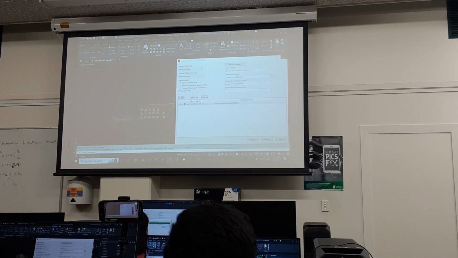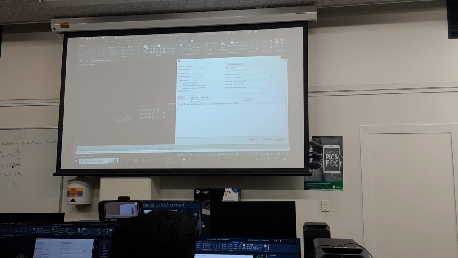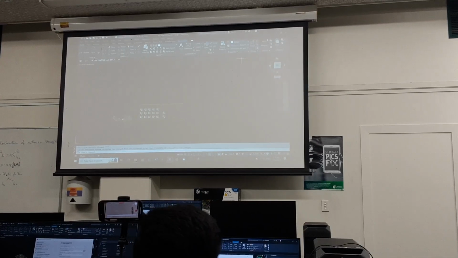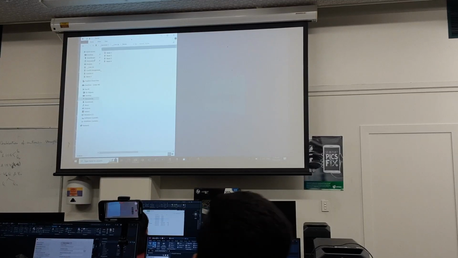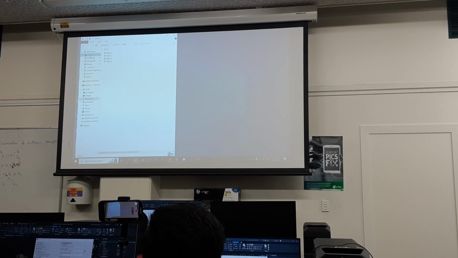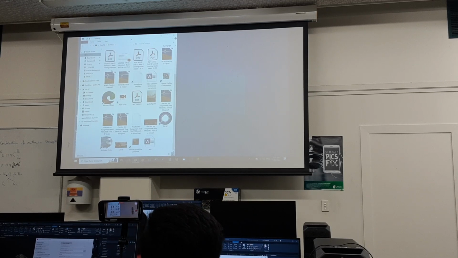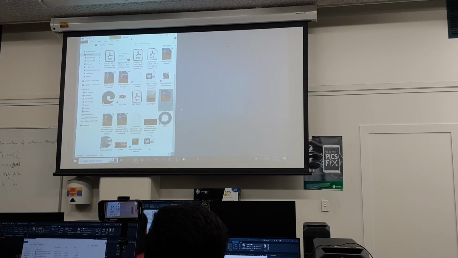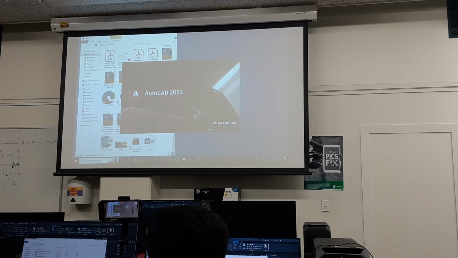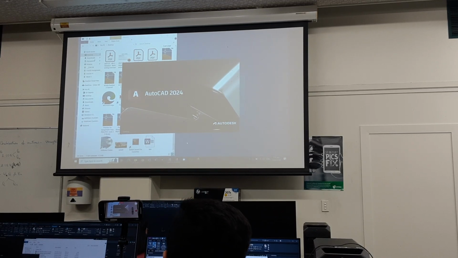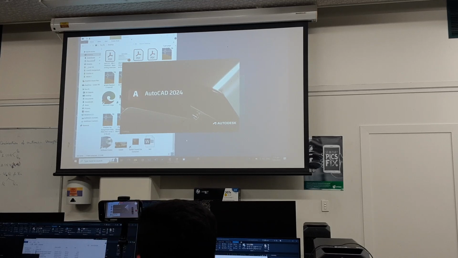I'll leave it at that on desktop, but you might like to put it onto a memory stick or something like that. So what I'm going to do is go to desktop, and here it is, week 3, practice 5. It's that drawing there. But I'm going to now open AutoCAD, so that'll be familiar with you all. And I'll just simply open